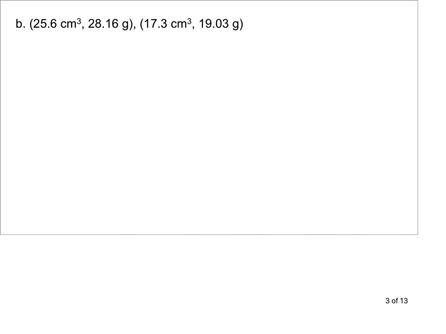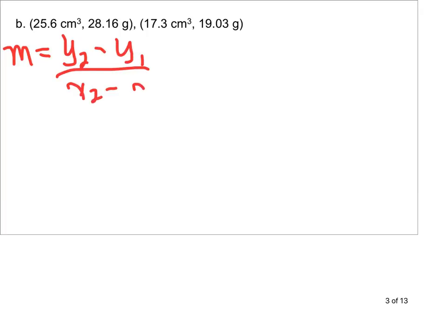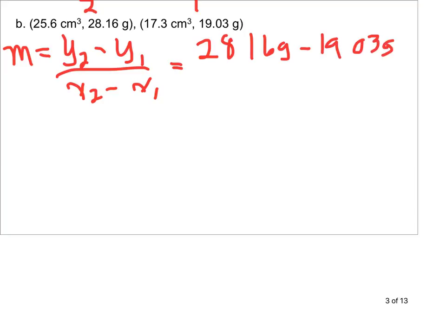Part B, same formula. Now time to find the slope. So m equals y2 minus y1 over x2 minus x1. And I like to take the bigger one and use it as point 2. 28.16 grams minus 19.03 grams divided by 25.6 cubic centimeters,